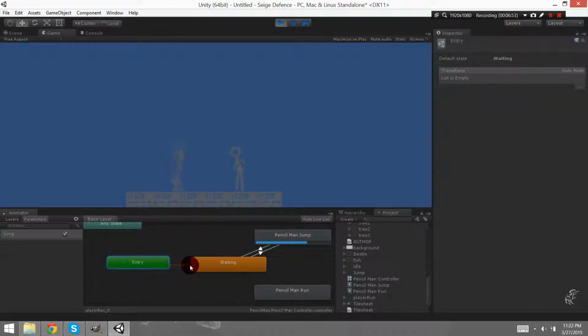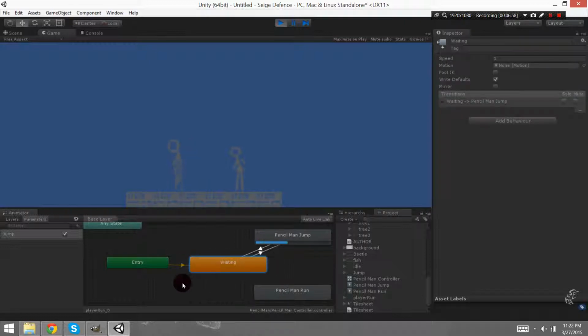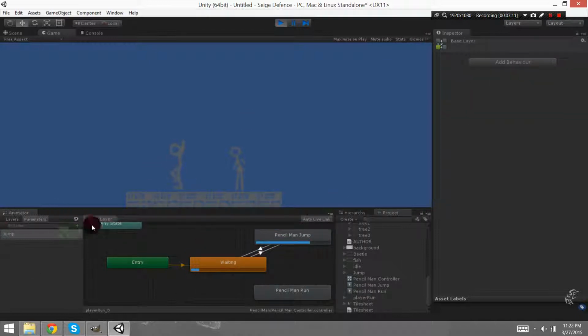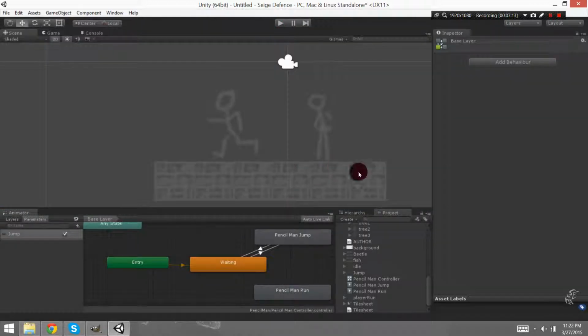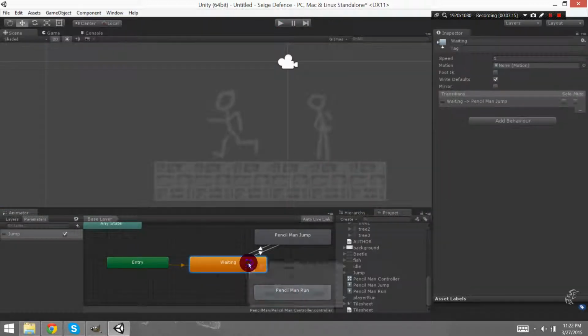So you have your entry. The first transition goes to waiting, which usually we would have as an idle motion, which means the same thing as waiting. But I haven't made that one yet. And then you have your jumping. So what would we do if we wanted to have more states? To do that, I would just go from waiting